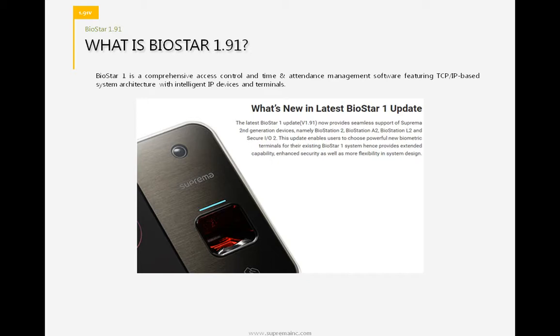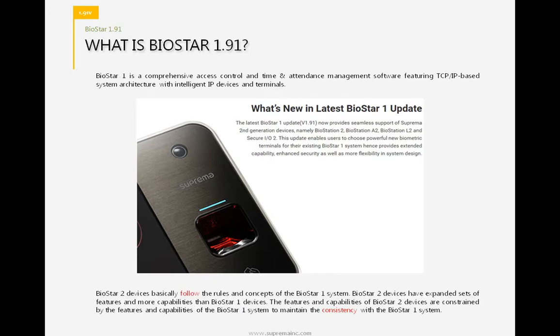When we first decided to add these version 2 devices to BioStar 1.91, we had many discussions to decide how to add them. And this is the conclusion that came up after numerous discussions.